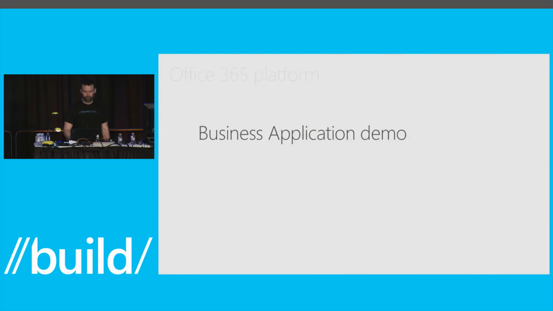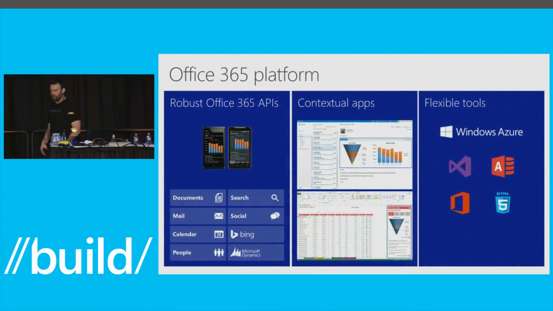All right. So the Office 365 platform, how do we think of it? What are the different components of it? Well, the first one's clearly those rich APIs that you can use to build any device app you want and have it connect to Office 365. We've done work to make it easy on Android. It's going to obviously be easy on Windows Phone. We're going to do more and more to make it easier on iOS. But at the end of the day, it's just a set of RESTful services, so you can access that from anywhere on any device. And we'll do more and more stuff around SDKs and richer tooling and whatnot. But if you really think about it, this is a huge change for how people think about Office.